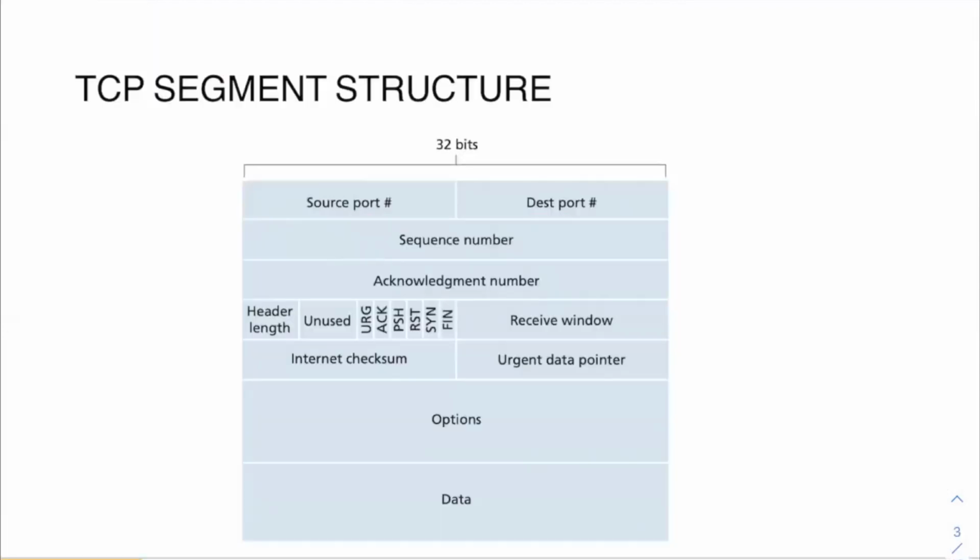Since the TCP three-way handshake is a part of the TCP protocol itself, let's see the TCP segment structure here, which is very, very important. If you look at some of the important headers, you have the source port and the destination port. The sequence number and acknowledgement number are very, very important in the TCP three-way handshake. You also have a lot of flags, which can be set either to 1 or to 0. Some of the important flags that we will see in the TCP three-way handshake are the SYN flag and the ACK flag.